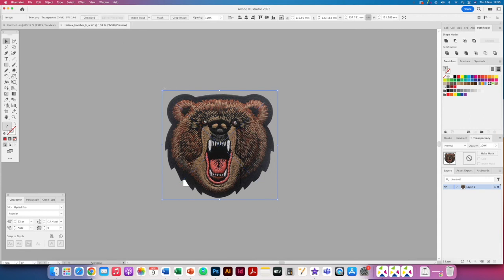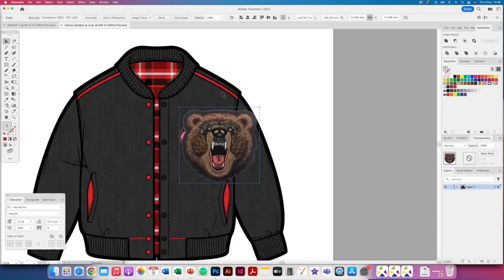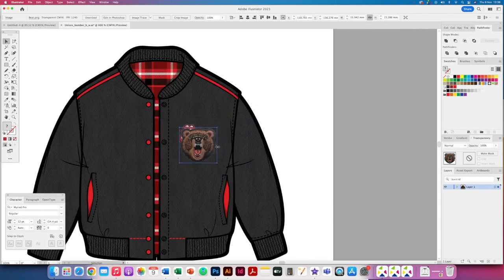So again, I can embed because it's got the blue cross on it. And I might decide that I want to place the bear on here too. Again, I'm holding shift. If I don't hold down shift, you can see it distorts it and then you can never quite get it back to how it was. So you really want to make sure you're holding down shift and you let go of the mouse tool before you let go of the